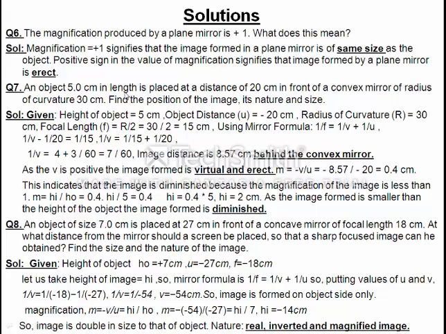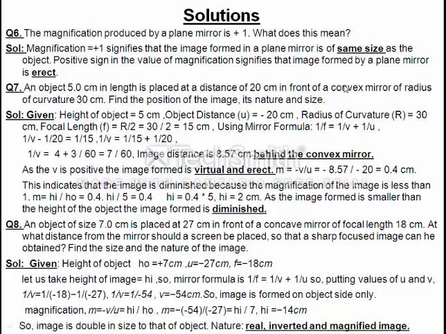So what is given is that first, HO is 5 centimeter, placed at a distance of 20 centimeter, meaning U is given as 20 centimeter, but U is always taken as negative. So here we have two things: one is HO, that is 5 centimeter, and the other is U, that is minus 20 centimeter. Which mirror? In front of a convex mirror, and we all know that in the case of a convex mirror, the radius of curvature is positive. So R is plus 30 centimeter, you can write plus, or you can ignore plus, no problem.